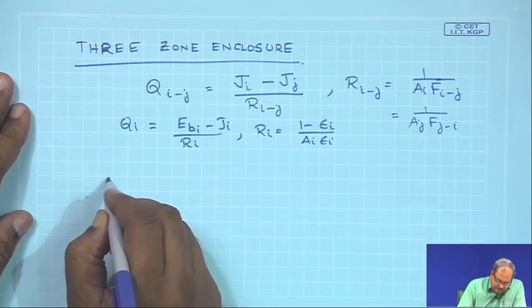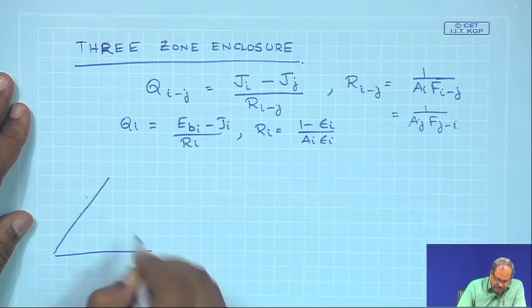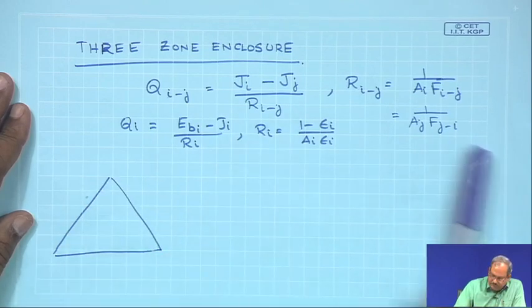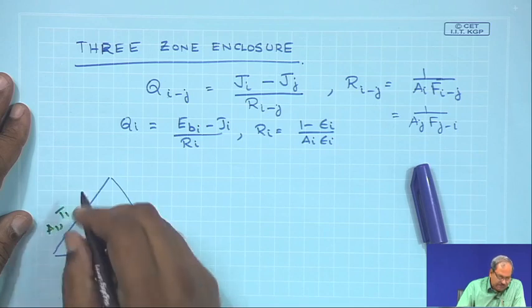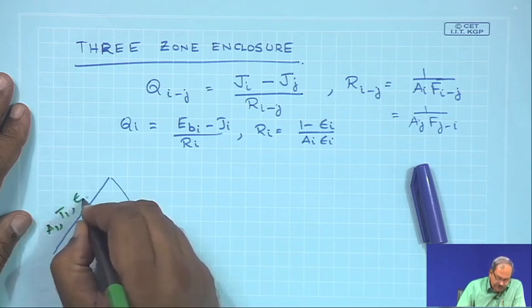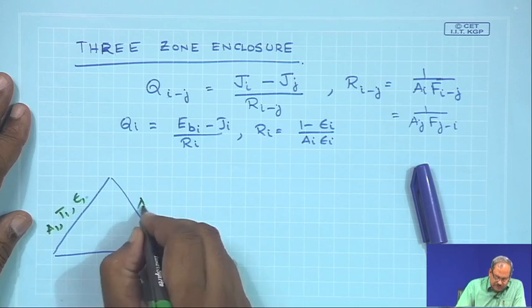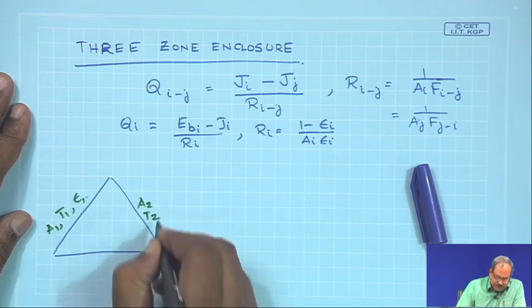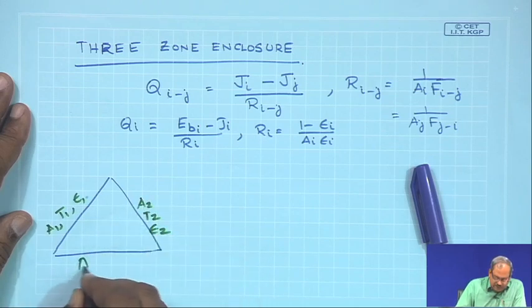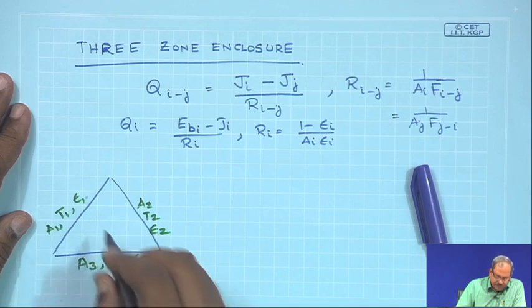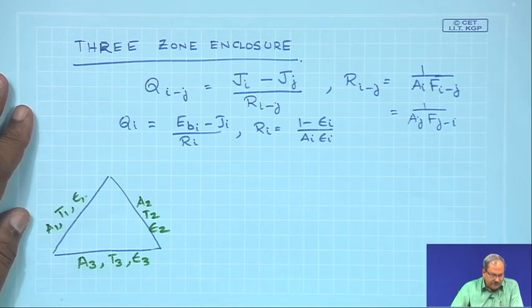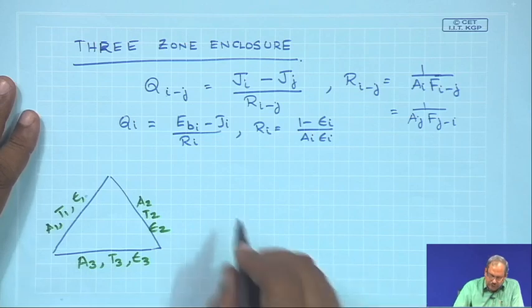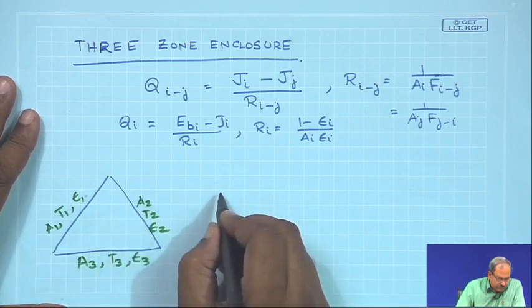So, let us think of a 3 zone enclosure like this, where this is A1 maintained at a temperature T1 with an emissivity equal to epsilon 1. This is A2 maintained at a temperature T2 with epsilon 2, and A3 at T3 with epsilon 3. I would like to find out what is the net radiative heat exchange between the two. So, the first thing that I would do is for 1,